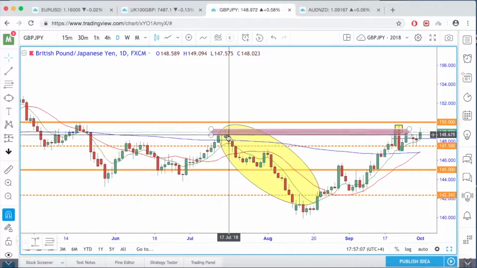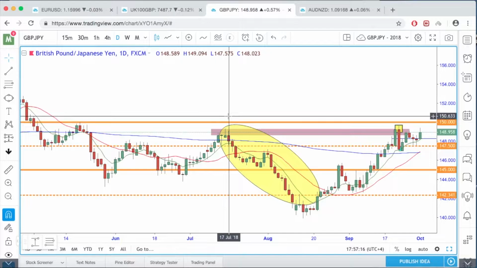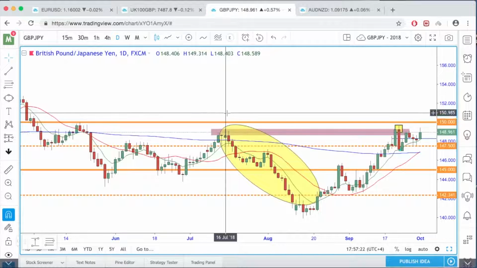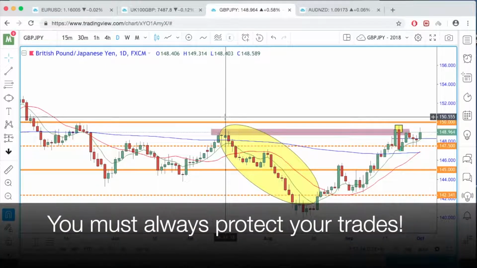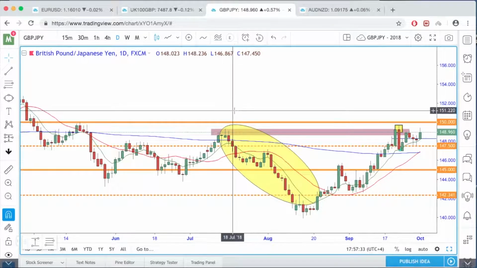But say, for example, you chose to place a short trade somewhere around here. Now, your risk is your stop loss. You would place the stop loss, say, somewhere above here because you're predicting the market to go down. Now, what if the market goes in the opposite direction? You want to be out of that trade before it gets you in too much of a loss. So if the price started rising above this level around here somewhere, you would think, okay, fine, I've got this trade wrong, get me out of this market before I suffer a bigger loss, because that's very important in trading. Just as getting big wins,